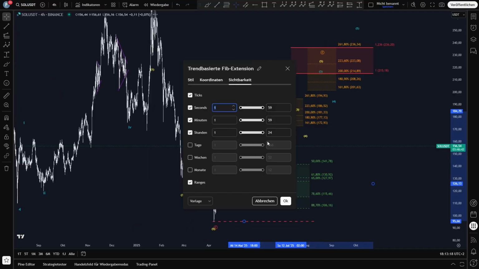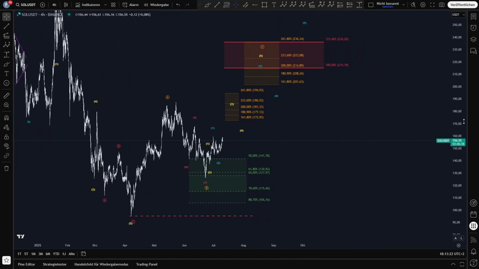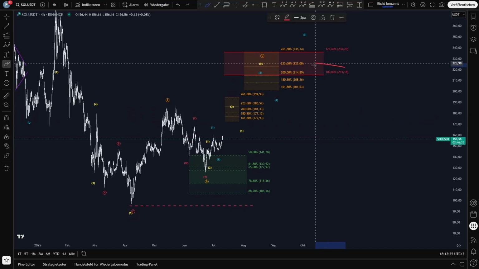Let me change it quickly. In percent, our ideal target for our wave C would be the 100% level at $215, extending to the 123% level at